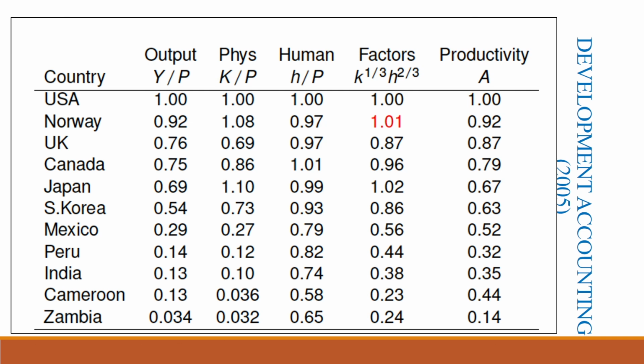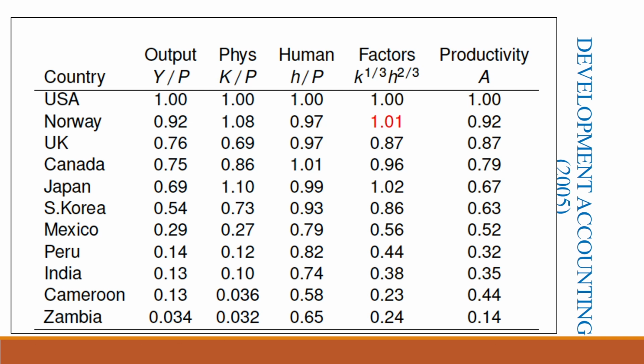Okay. Now, in the year 2005, these many countries have been considered here that we see in the first column: US, Norway, UK, up to Cameroon, Zambia, right? There is also another thing that I would like to draw your attention to. Many a times when we are comparing data, it makes more sense to do this. We take a certain country's value as the benchmark and then we rescale everything else, so that we don't have to look at very big numbers all the time. For instance, here everything is relative to US.